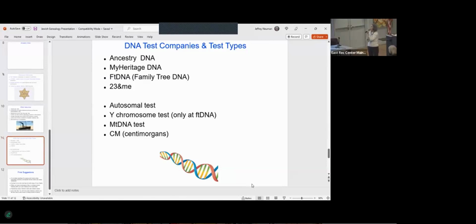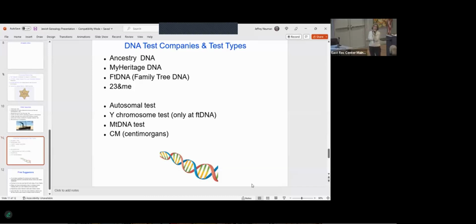You don't have to do that. You can do what's called a GEDCOM. You can download your tree to a GEDCOM and then upload it from one site to another one. But I didn't want to do that because it's very public. So I just paid the money. It's not that expensive for DNA. And I did all three and got lots and lots of matches.